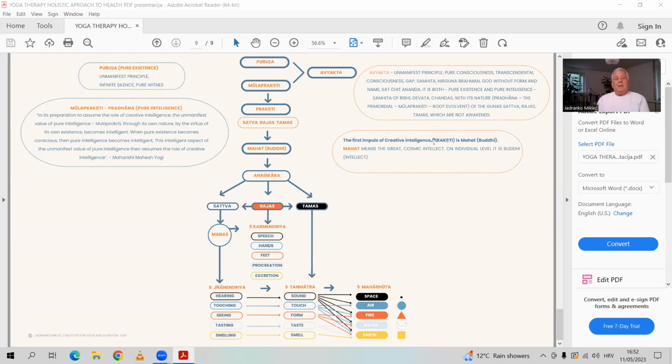So on that level of avyakta, the aspect of existence, we can say it is pure existence. That pure consciousness has a pure existence and has pure intelligence. These two aspects. So then the nature of avyakta is described with these two values as Purusha and Mula Prakriti. That aspect of pure existence is called Purusha, silent. The silent value of the transcendental field of life, the infinite silence. And then infinite dynamism is that Mula Prakriti,